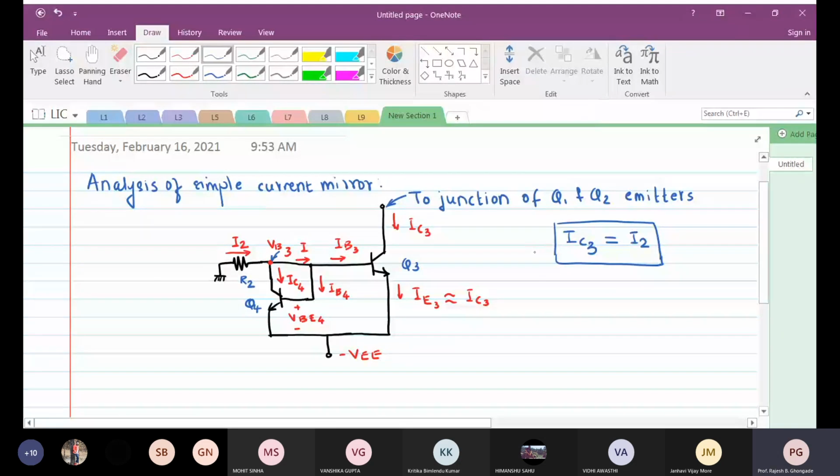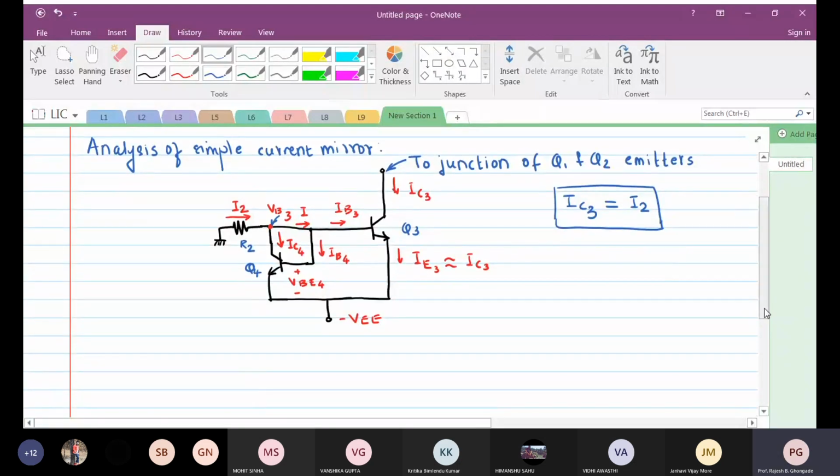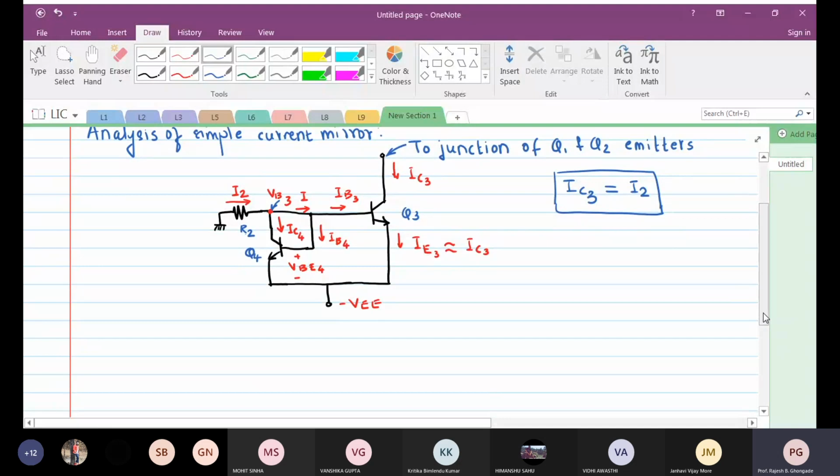Basically, we started off with saying that we want to design a constant current source. Why? Because it provides very high input impedance. At the same time, it will set up a considerable biasing current, that is a collector current, quiescent current, so that the common mode rejection ratio improves. We have already seen that yesterday. We'll start with the analysis.